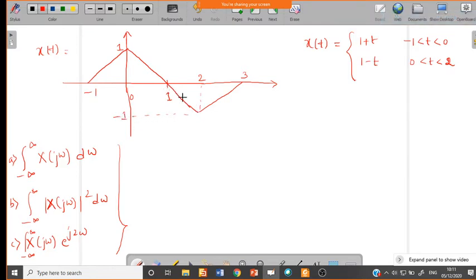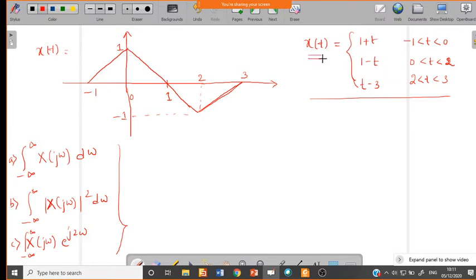So that is the value given for this ramp also. Now we can define for this ramp, between t values 2 to 3. We can take this as t minus 3. Now you can see, if t equals 2 you will get -1, and if t equals 3 you will get the value 0. So this signal we can define x of t as these values.